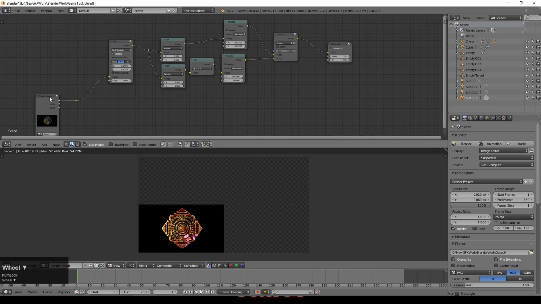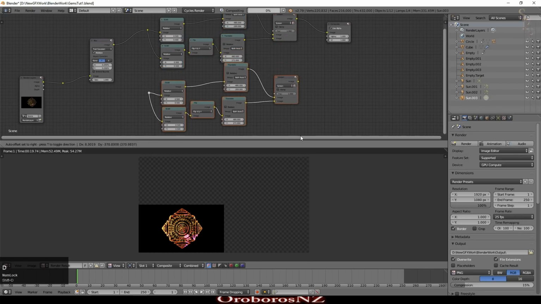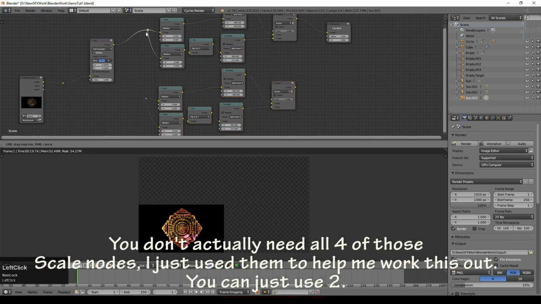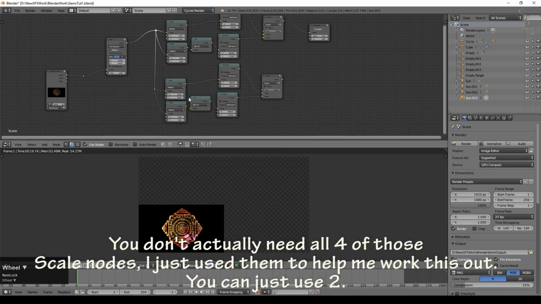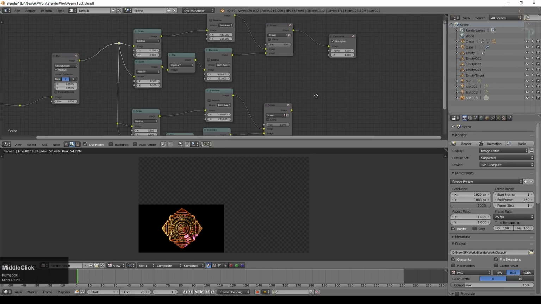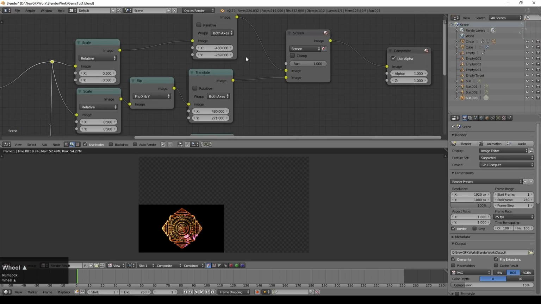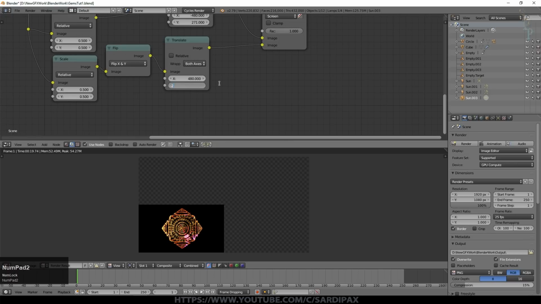Just going to move things over a little bit. So I'm going to select all of those nodes, duplicate them and put them there, and then connect that input into there. Probably doesn't need to be quite as messy as this. We don't really need as many nodes as this. We could just use extra outputs from these, but it helps with the thinking process sometimes to do it this way. So the top two are minus 480, minus 269, then 480, 271. The bottom two translates are minus 480, plus 271, and 480, minus 269.